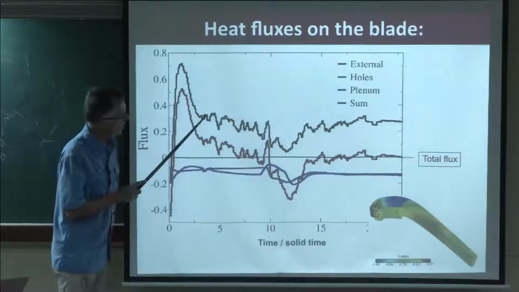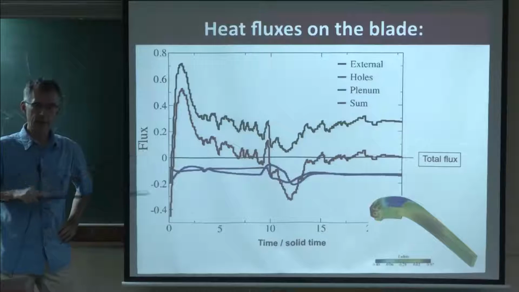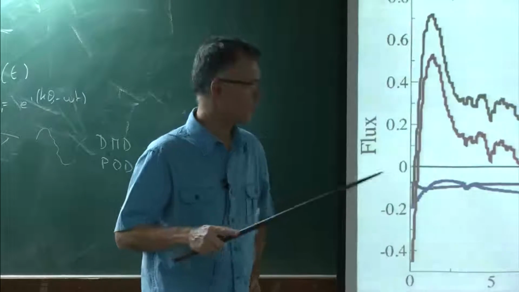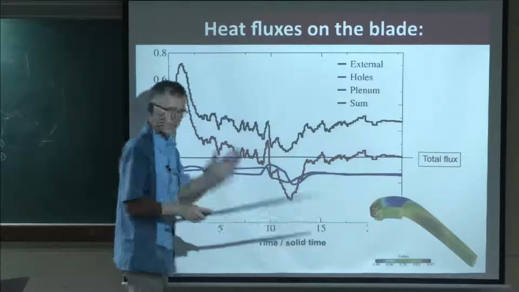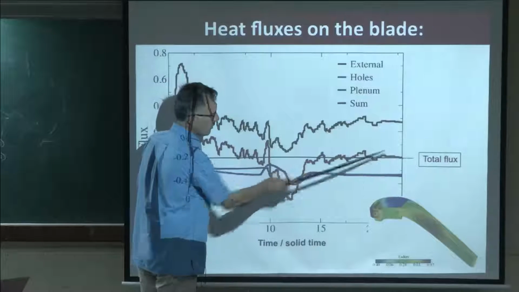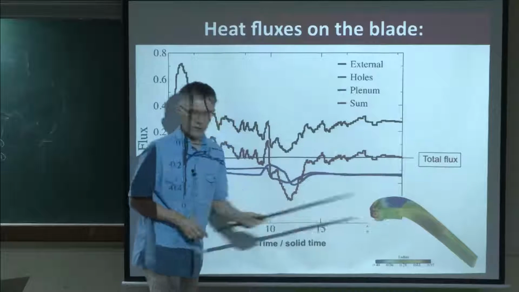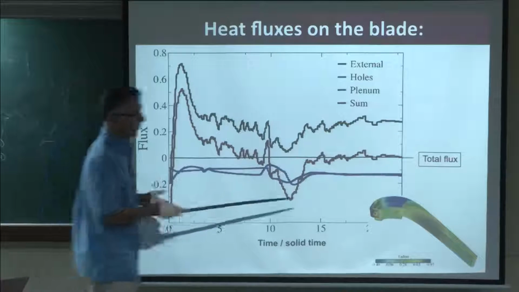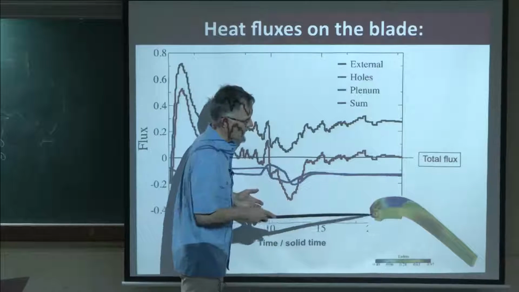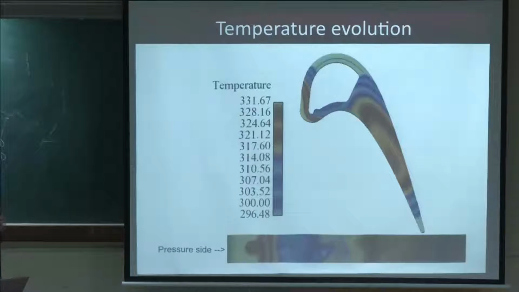So this is what's happening over time. And you see every time you have a small bump here, it's going from gas to heat transfer problem and back. And you see that after a certain time, let's say, you reach a point where the heat flux, which goes from the blade to the gas, the total heat flux is 0. It has to be at steady state because the flux cannot go to another place. So you heat up at one point, you cool at the other point. And at convergence, I think I have a movie here.